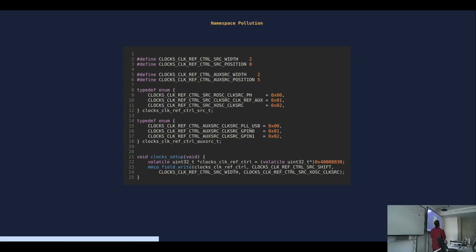Not at first sight. With defines and enums, I gave a name to every possible value, every possible position and width. And the result, I mean, the information is there. It's extremely clear if you read it all, but it's a lot more verbose. And